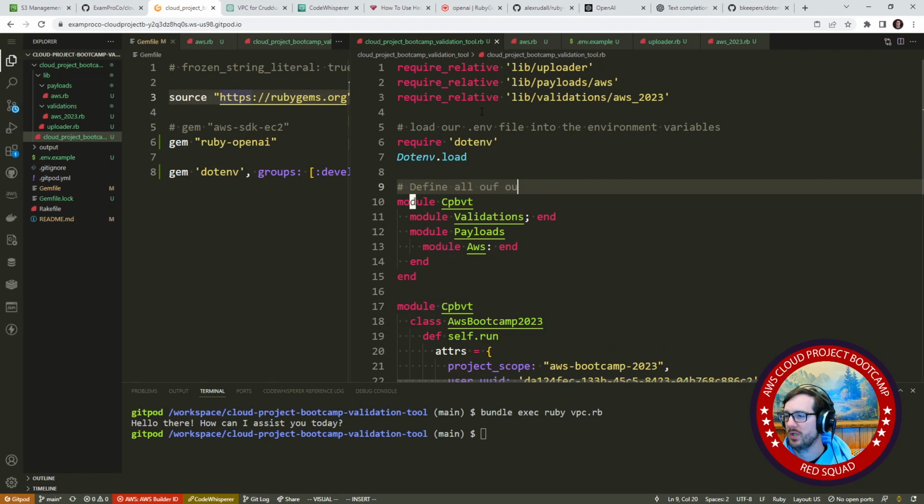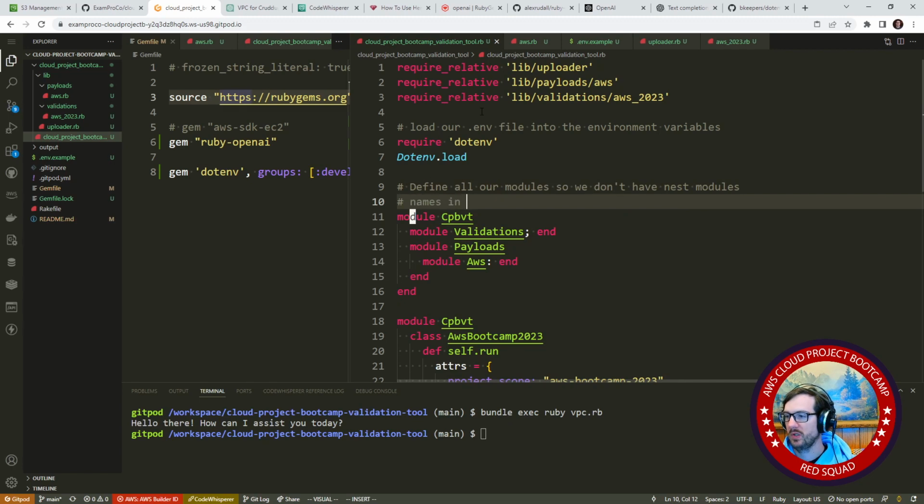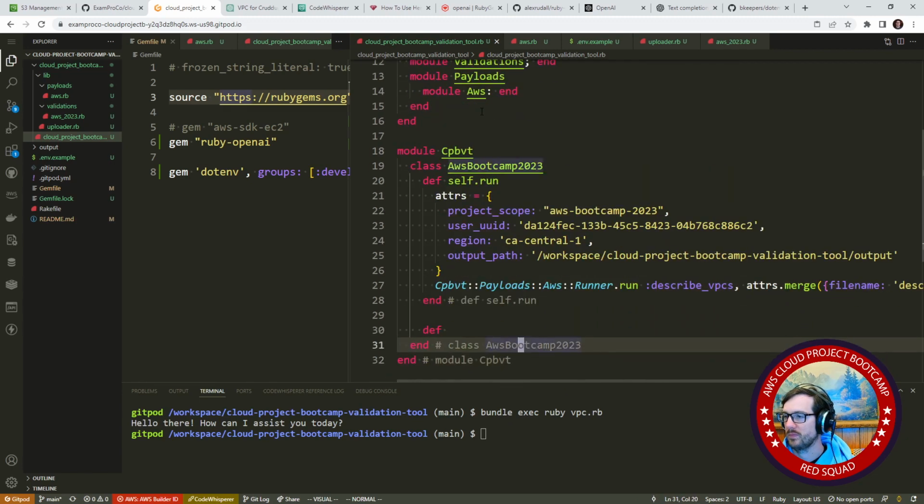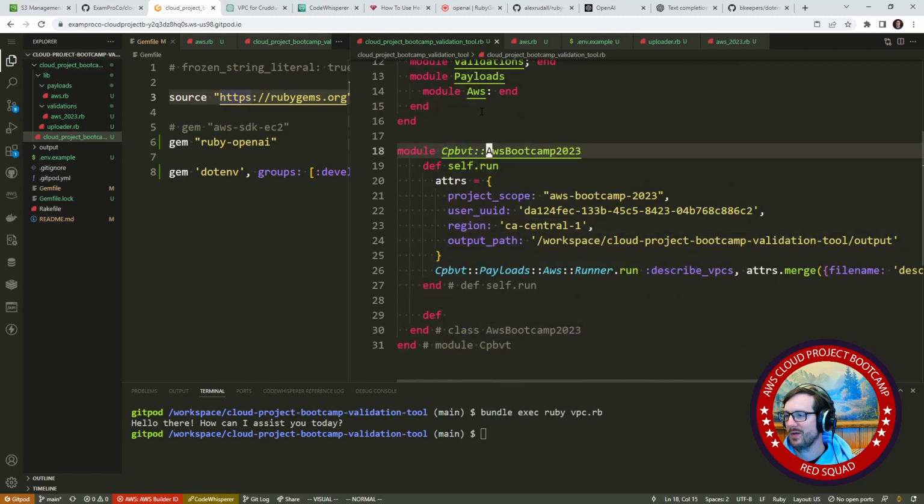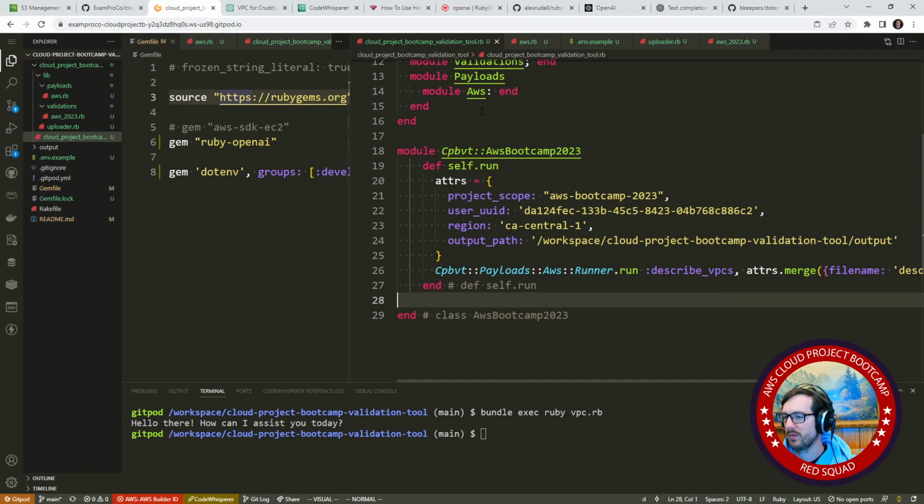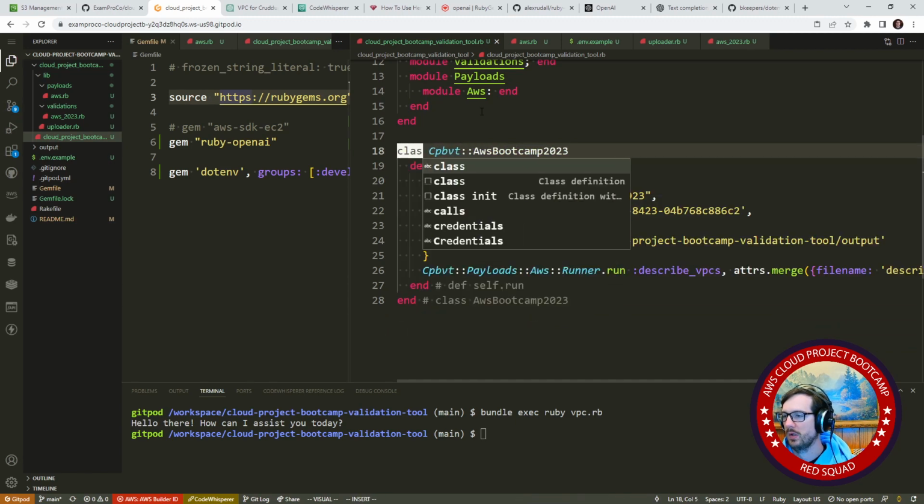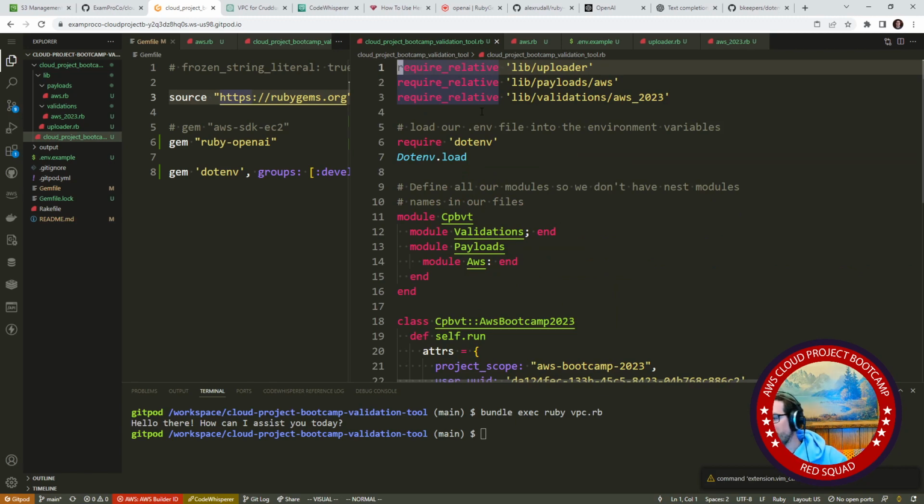Define all of our modules so we don't have to nest module names in our files. Okay, so like that's the whole point right here, right? So we don't have to do that kind of nesting, because then this becomes a lot easier to work with. All right. Okay. All right. So